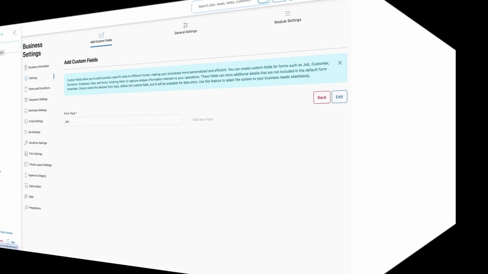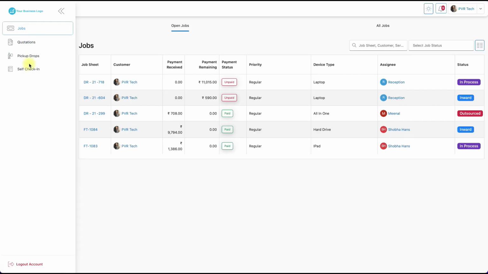The selected modules will now be hidden from the admin panel as well as from employees and customers, based on